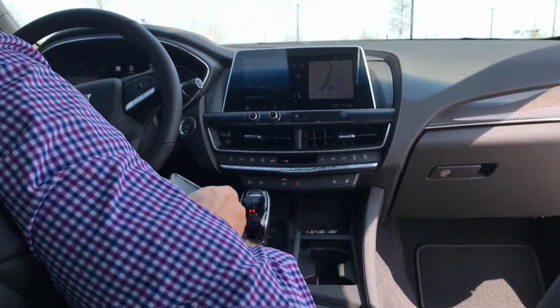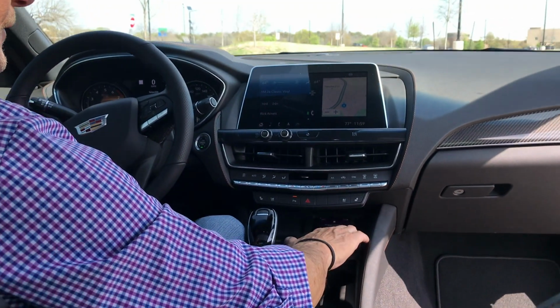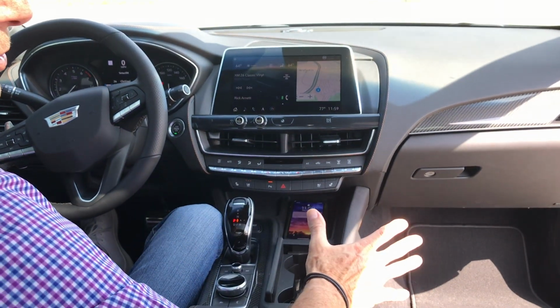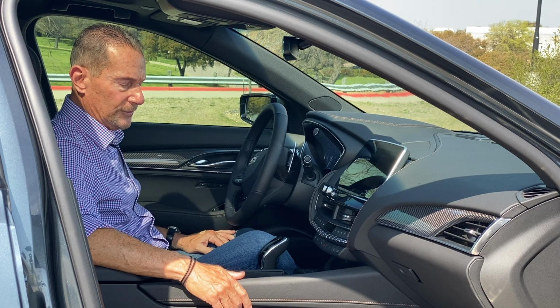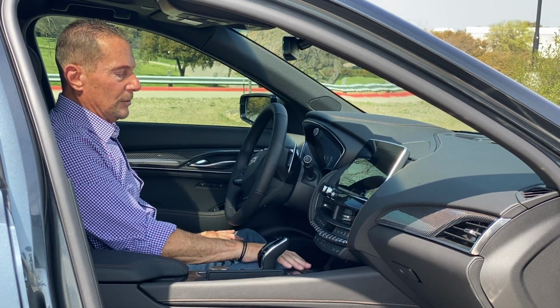So if I take this away and put it in there, and now I hit this, it should light up. It does. See, it says 90% charge. I don't like a lot of cords, so this is a nice way of keeping this simplified. Even though it does have USB ports in the back, in the front,